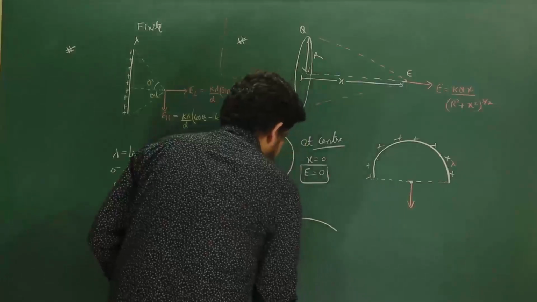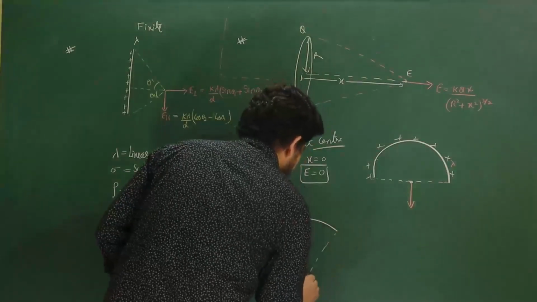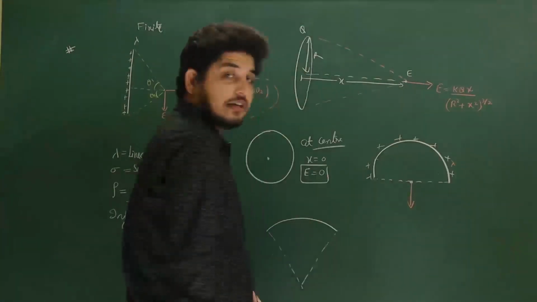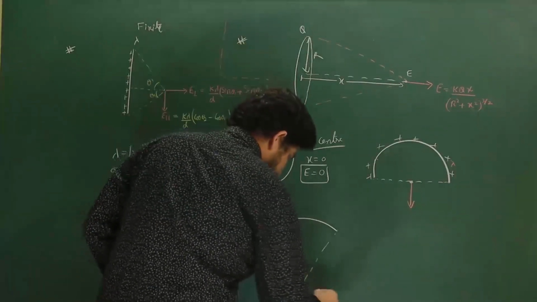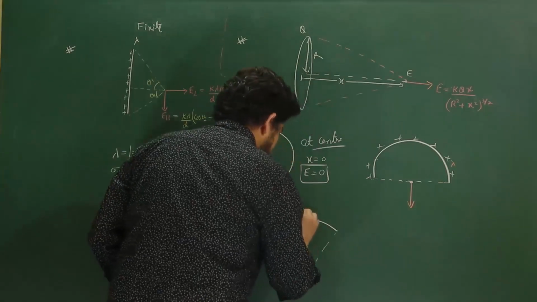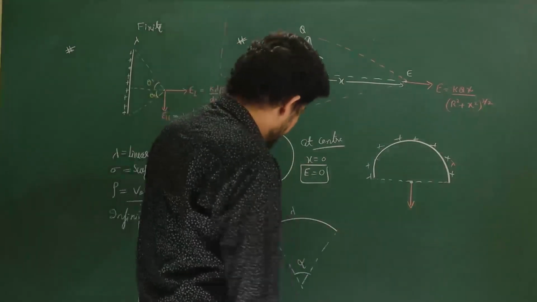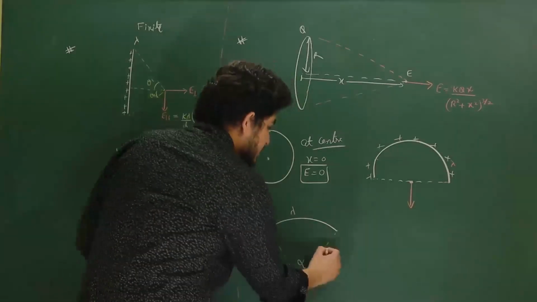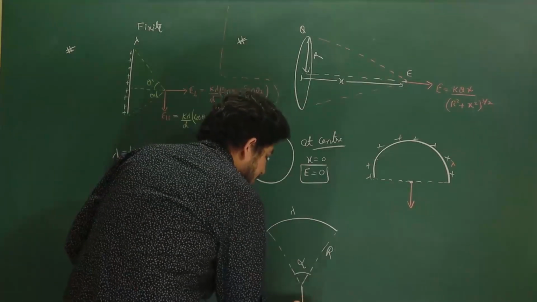Suppose again we are taking an arc. This arc is a semicircle, but this arc may be of any angle. We can say this angle is alpha. This is lambda. Getting my point? So we can consider this is alpha, this is lambda, radius is r, and the electric field due to this will be,